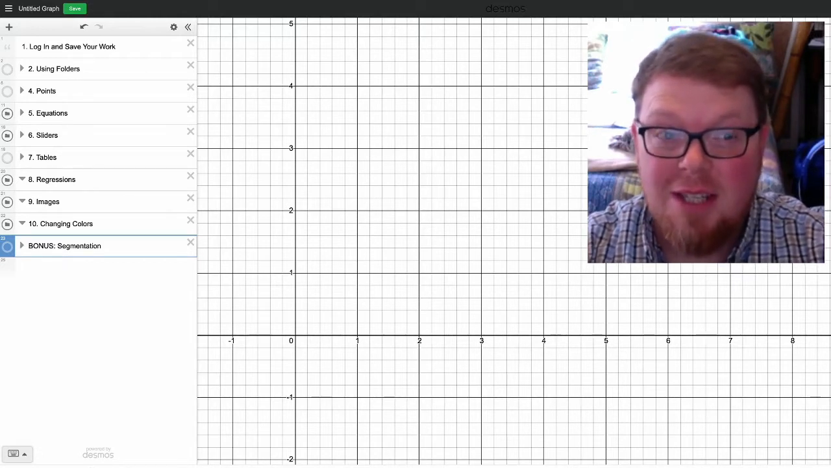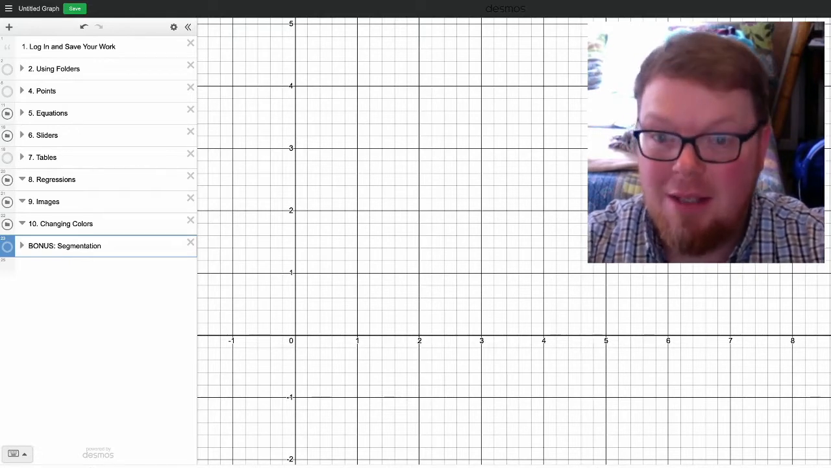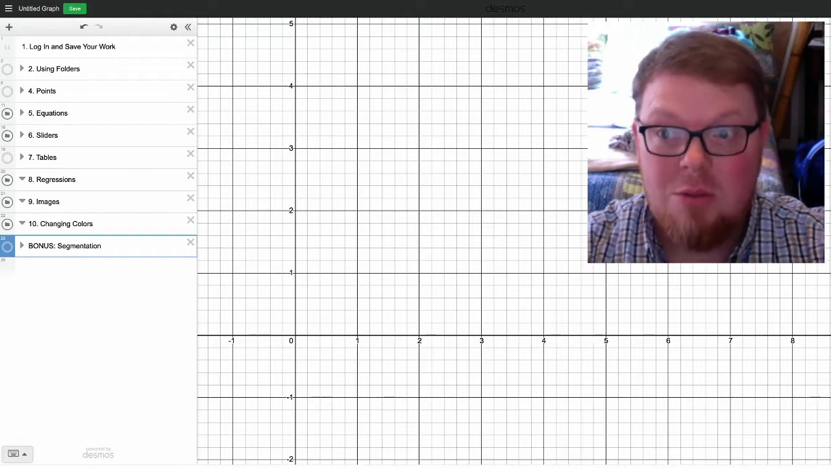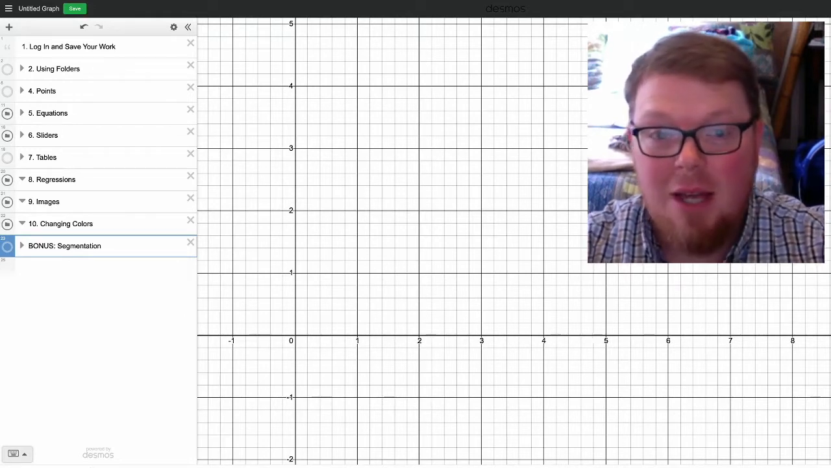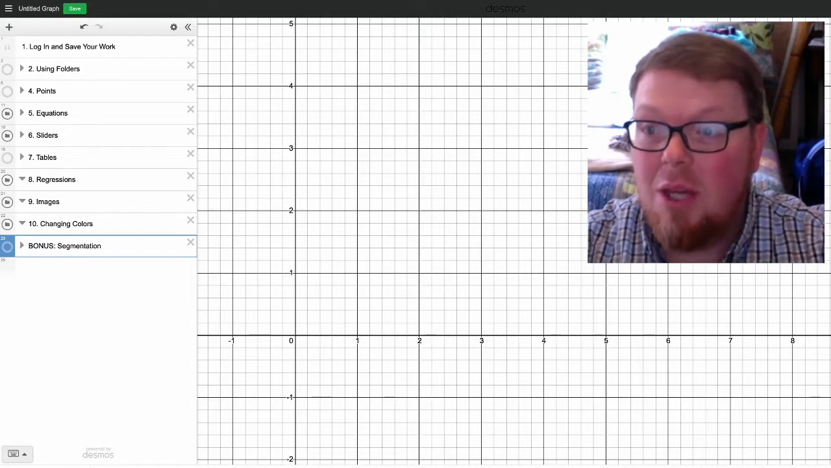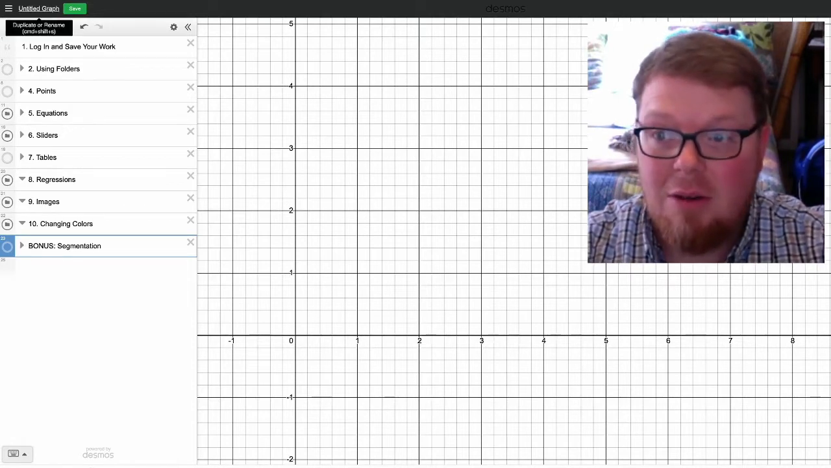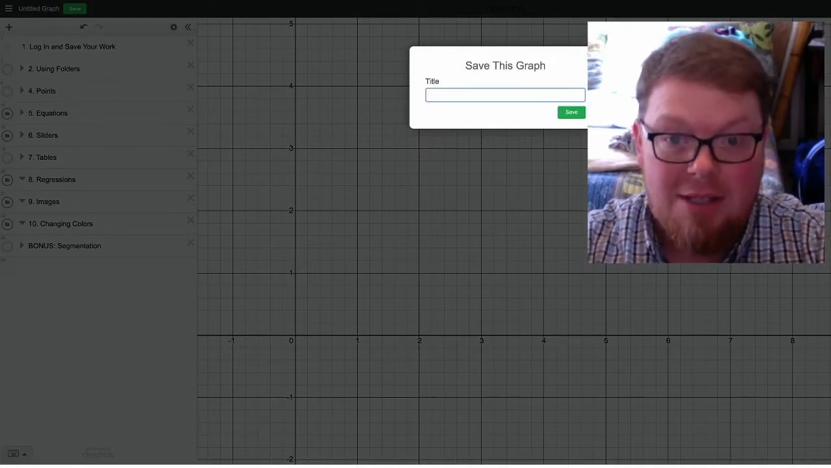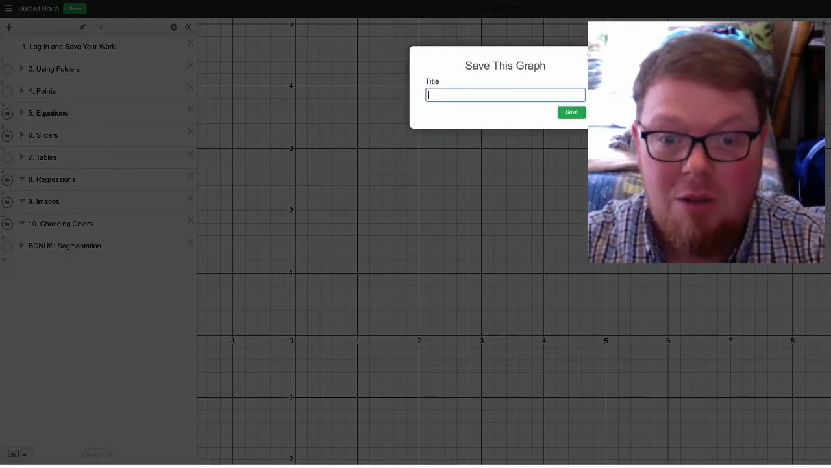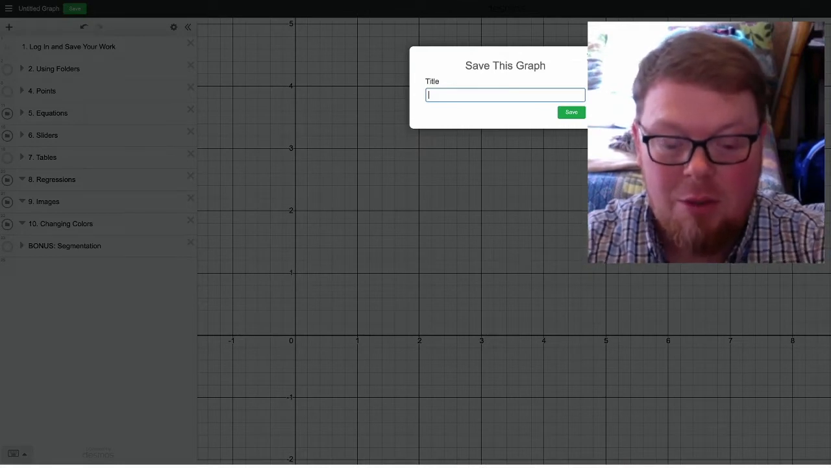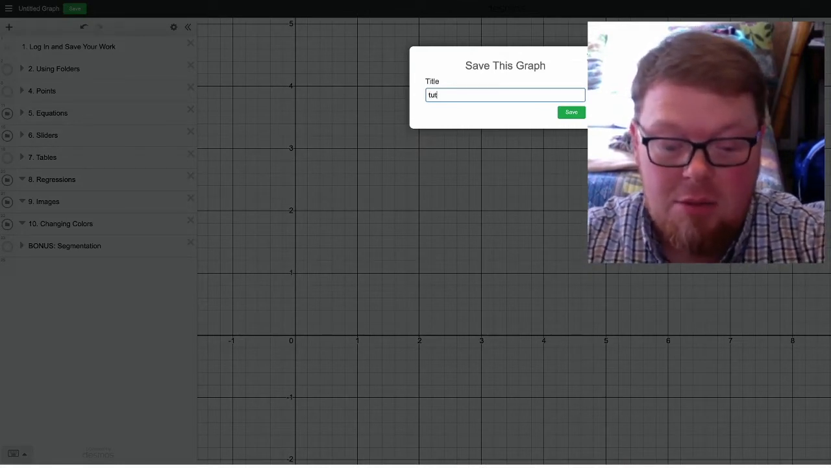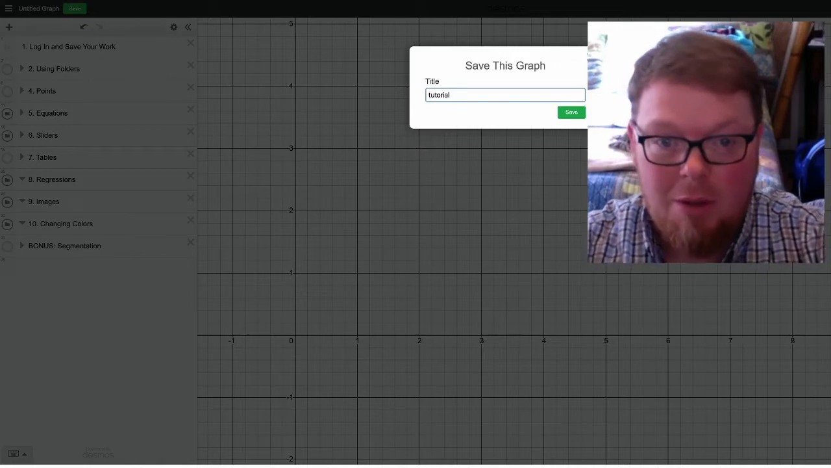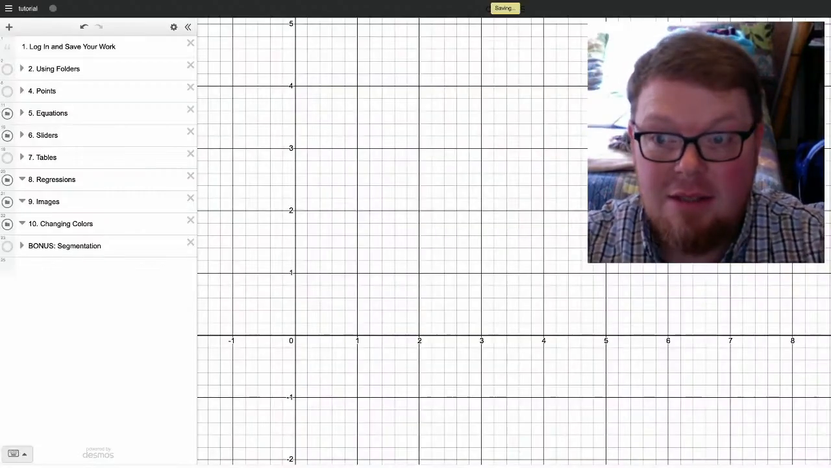The first thing is it's really, really important that you log in when you're using Desmos. You can just use any Google account to log in, and the reason you want to do that is because once you log in, you can go up here to where it says Untitled Graph. You can click on there and you can actually name your graph and save it. And this makes it so that every time you log in, you can get back to the work that you had been doing before. So I'm just going to name this tutorial,